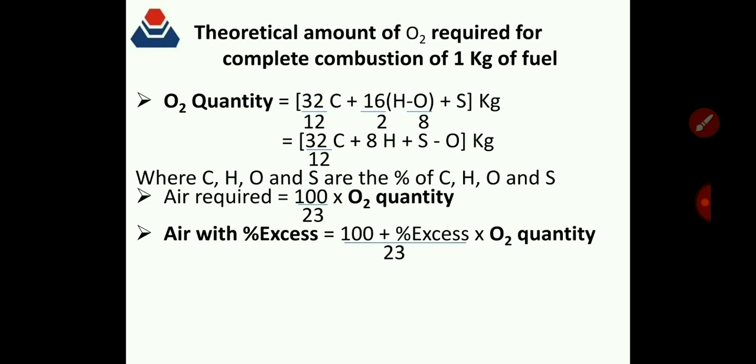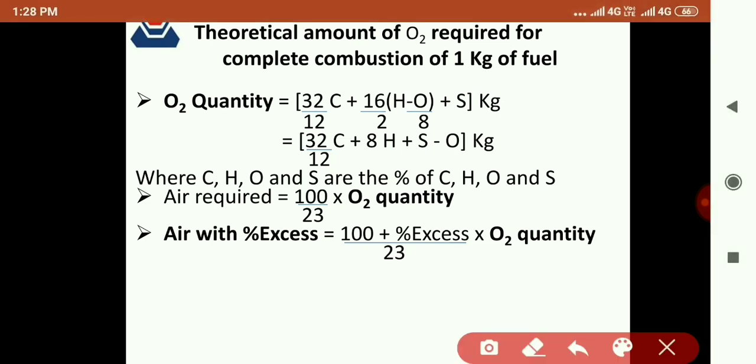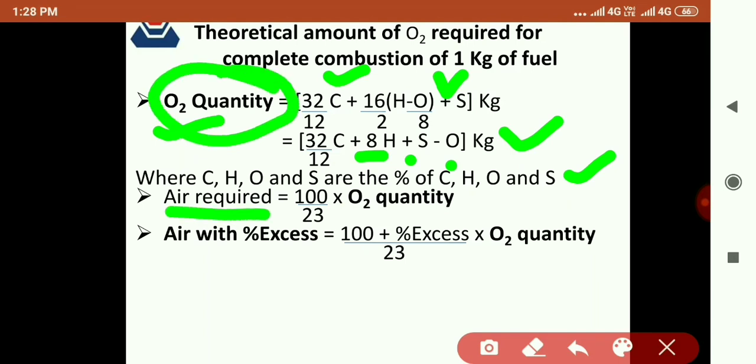देन देयर आर 2 इंपॉर्टेंट थिंग्स related to theoretical amount of oxygen required for complete combustion of 1 kg of fuel। ये बहुत इंपॉर्टेंट फॉर्मूला है, इसको भी याद रखिएगा। इस केस में आप देखेंगे कि ऑक्सीजन क्वांटिटी अगर निकालना है तो हमारे पास एक फॉर्मूला है 32/12 C + 16/2 H - O/8 + S। तो इस तरह आ जाएगा 32/12 C + 8H + S - O। सो दिस इज द फॉर्मूला, जहाँ पर कार्बन, हाइड्रोजन, S और O ये जो शो कर रहे हैं, दीज आर द परसेंटेजेस ऑफ कार्बन, हाइड्रोजन, ऑक्सीजन एंड सल्फर। जब हम ऑक्सीजन क्वांटिटी निकाल लेंगे तो हम एयर क्वांटिटी निकालेंगे। एयर क्वांटिटी इज इक्वल्स टू 100/23 इंटू ऑक्सीजन क्वांटिटी जो इससे हमने निकाली है।